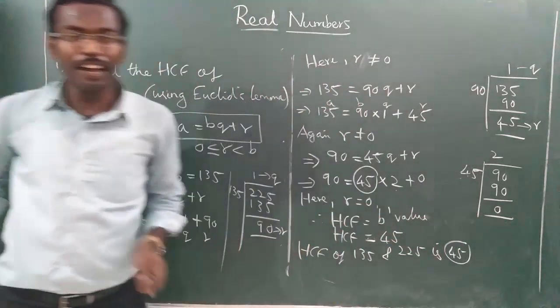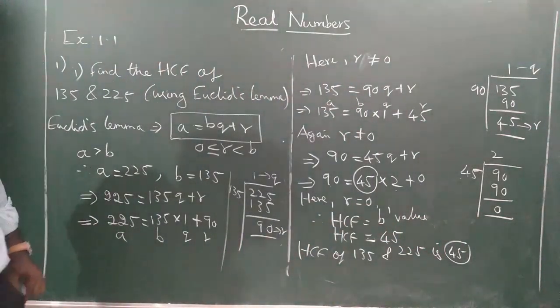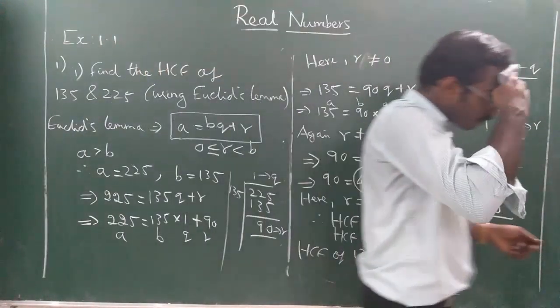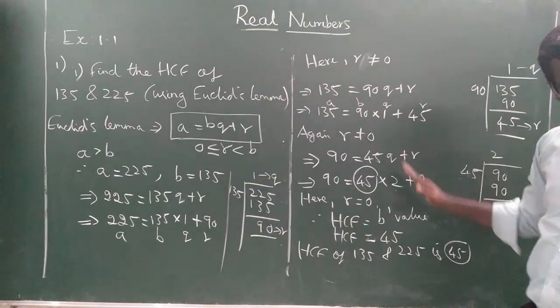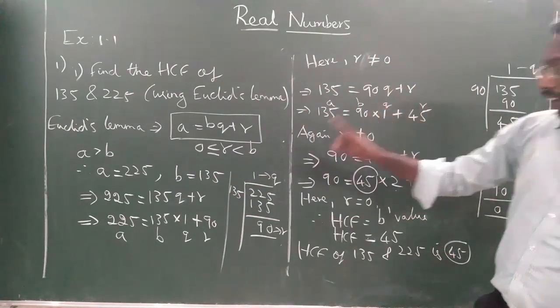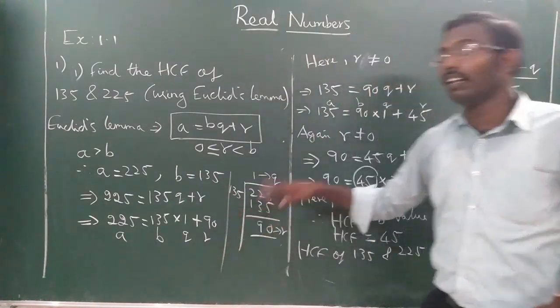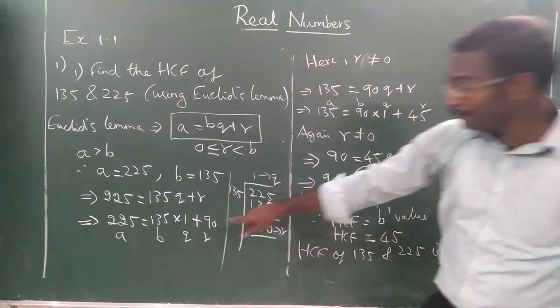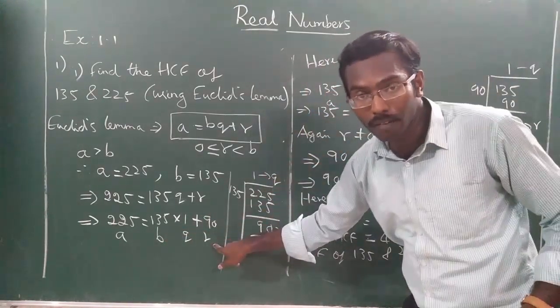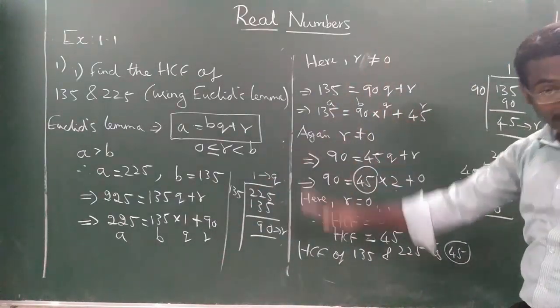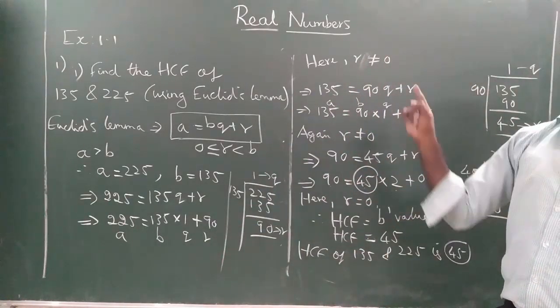It's easy, isn't it? If you understand the Euclid's division algorithm, this is easy. You have to continue the first step till the remainder comes equal to 0. Only thing, if the remainder is not equal to 0, then you have to apply Euclid's lemma for only B and R. That is, B will become A and R will become B. You have to continue this till the remainder is equal to 0.